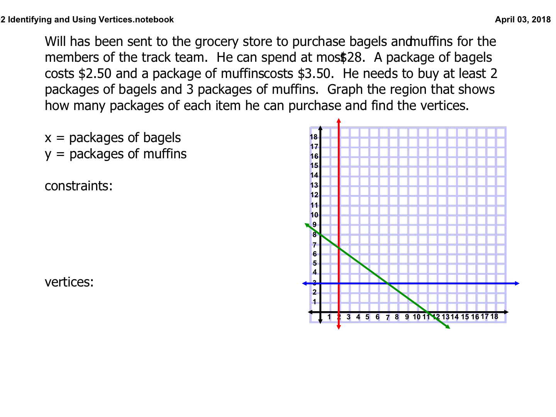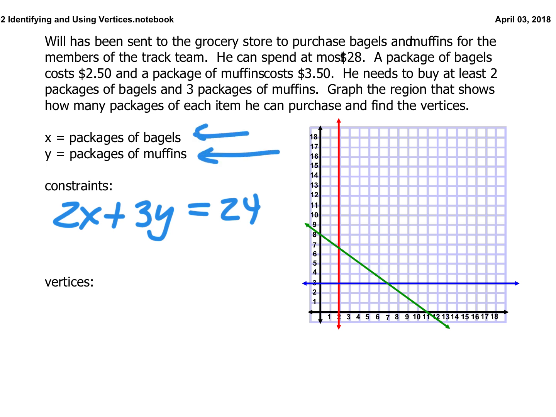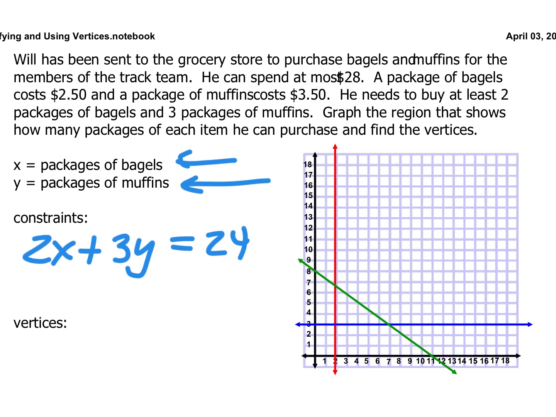Can you just take a word problem and write something like 2x plus 3y equals 24 from it? You've got to figure out the equations. In this case, it's nice because they tell you x is bagels and y is muffins. There's no trying to decide which one should be x or y. But for the future, I've noticed that on these problems, they don't tell you which one's x and which one's y. So whichever they mention first,